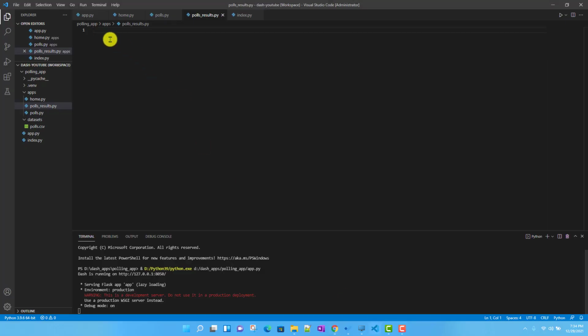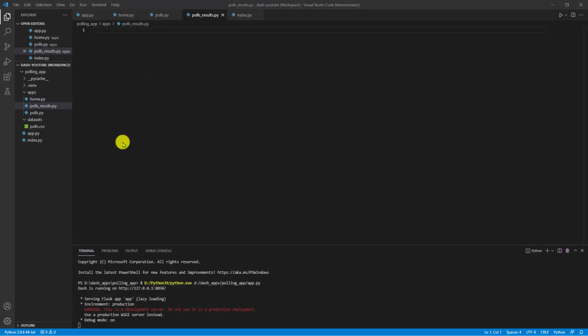For these three pages I have these three files. Let us slowly move all the corresponding code to the corresponding pages first, and then see what is happening. For now I will stop this server, because we are going to change a lot of code and it may throw a lot of errors.